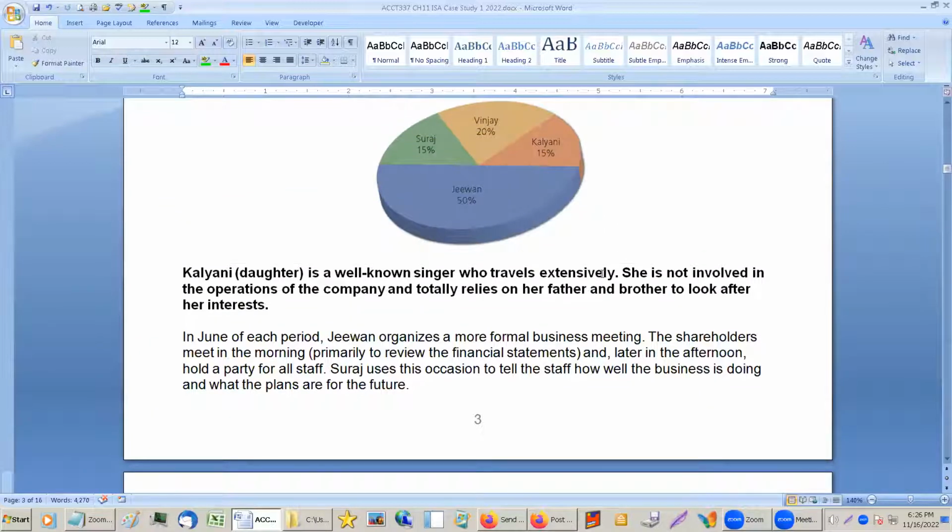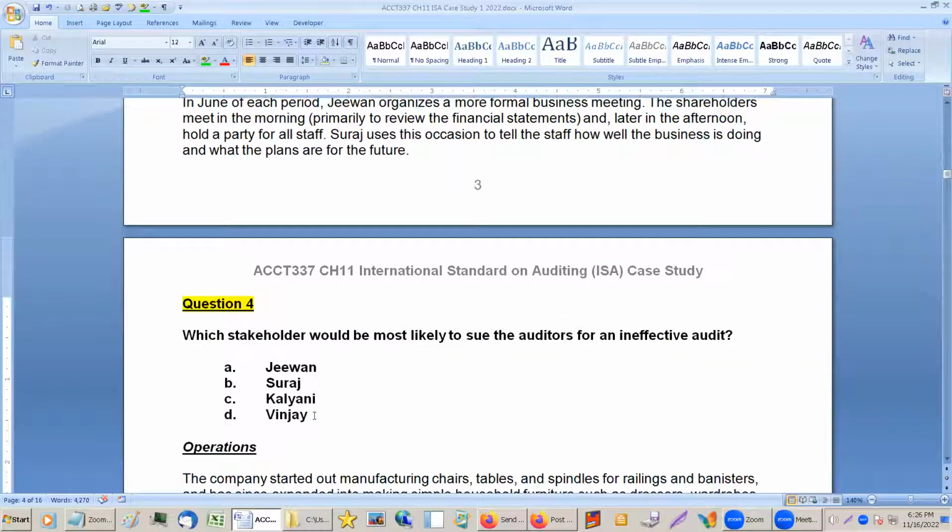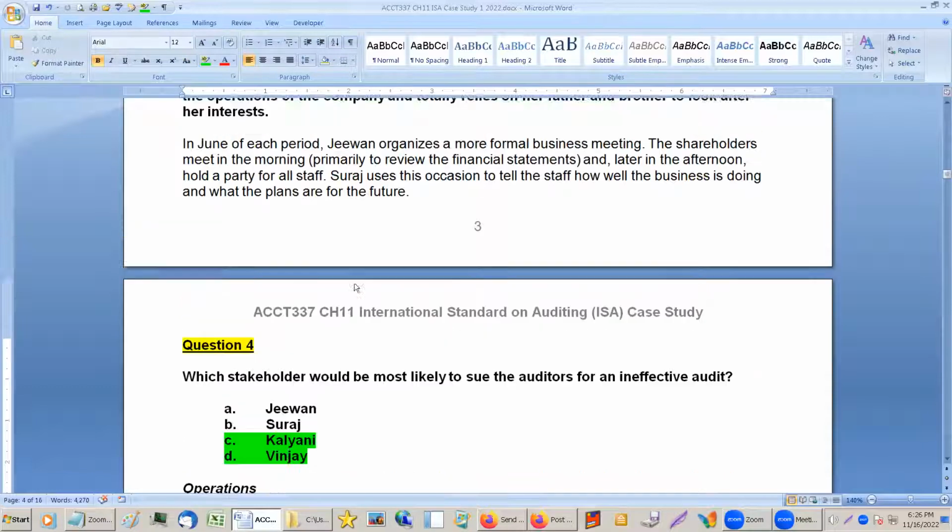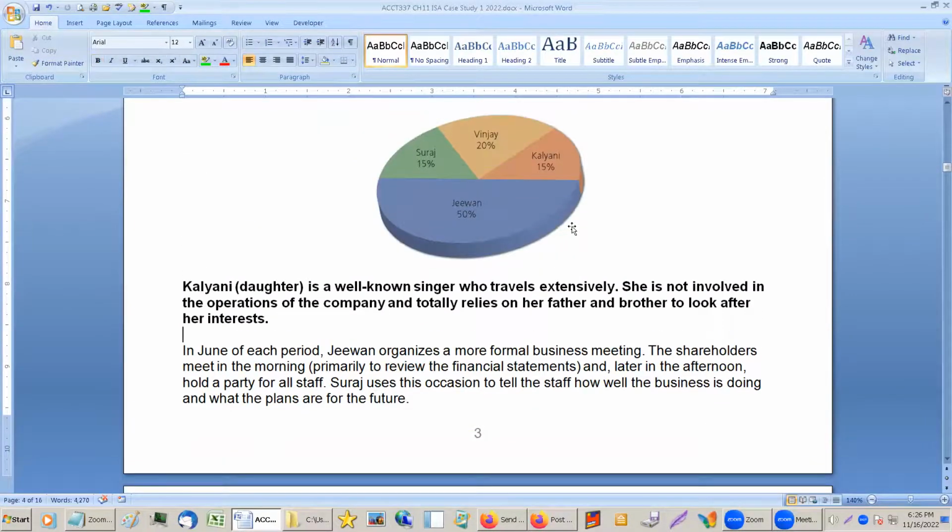The daughter. Could be. I think that'd probably be the second. Actually, either one of these two would be. But yes, she would because she's not involved in the business. So she could certainly, and Vinjay, who is